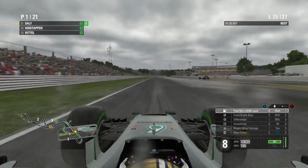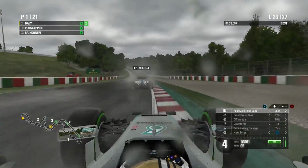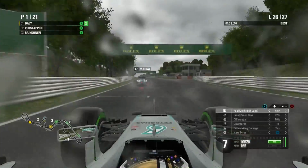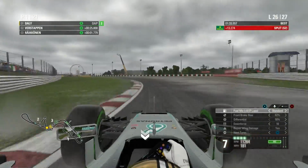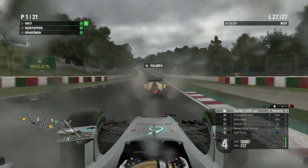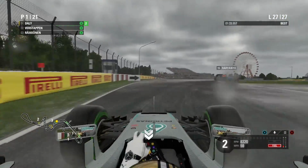Now, Jensen had an engine failure. Typical. But all jokes aside, 2 laps to go, and it's pretty much all academic now. Technically, the rain is classed as heavy rain, and we could pretty much make the switch to full wet tyres, but at the moment, the track still has a lot of grip in it. I'm still doing fine on the intermediate tyres, so I'm just going to stay out on the strategy that I'm on at the moment. Last lap, didn't come in for wets,